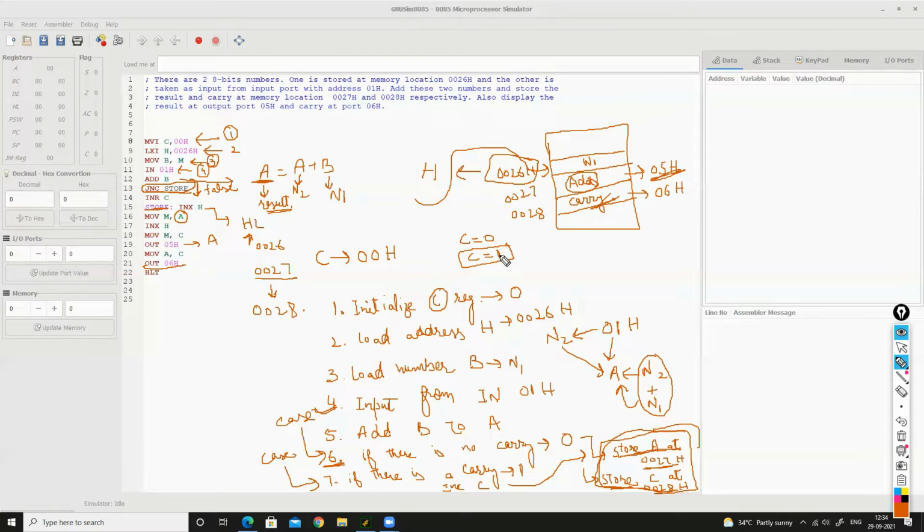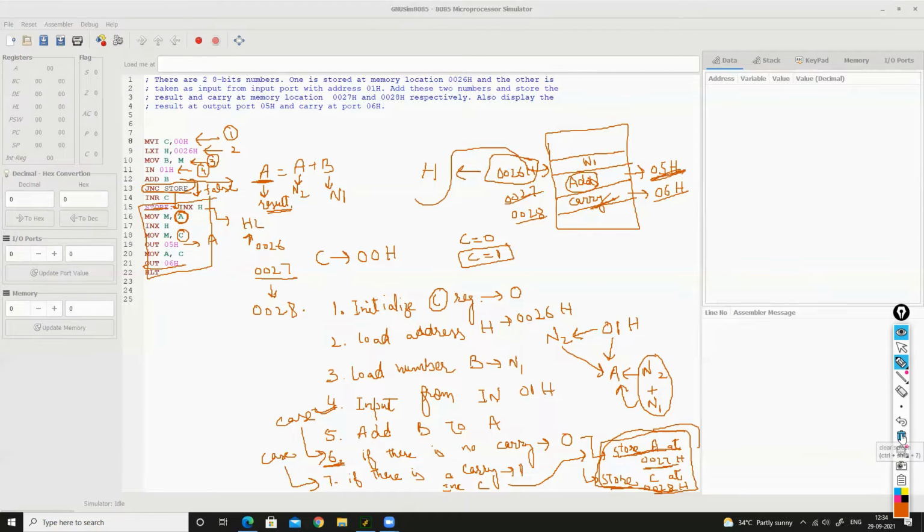Then it will directly go here. It will again store A and C at these two addresses, and it will also output these two at these two ports. And it will end the program. So this is all about this particular program.